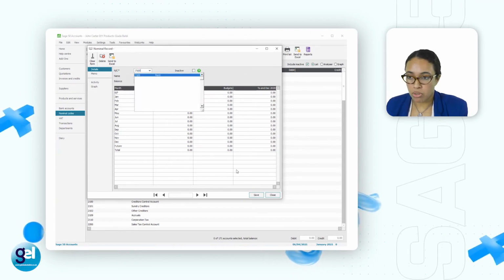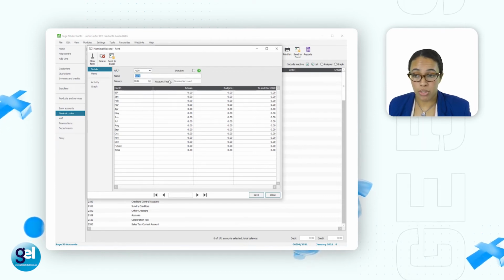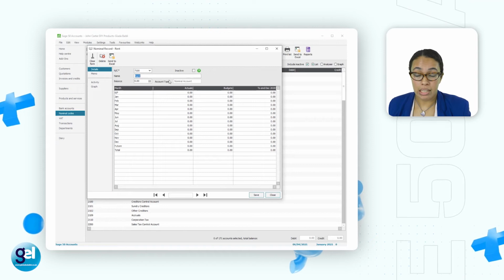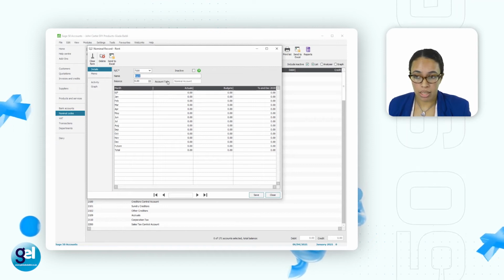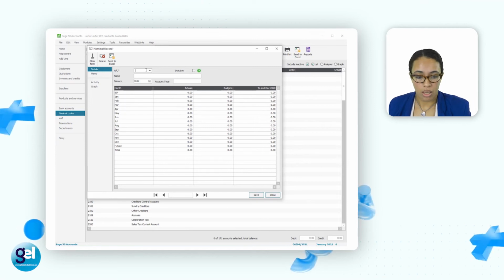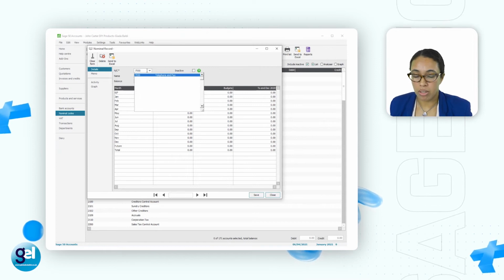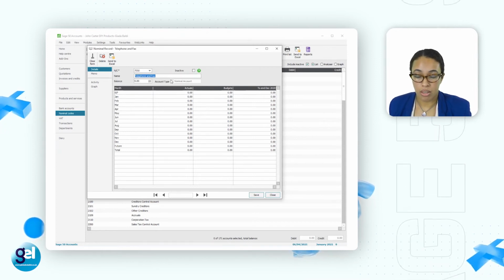And then 7100, it's called rent. We really don't have to do anything because it is exactly what the task is telling us. So we just click save. And then the last one, 7550, telephone and fax.